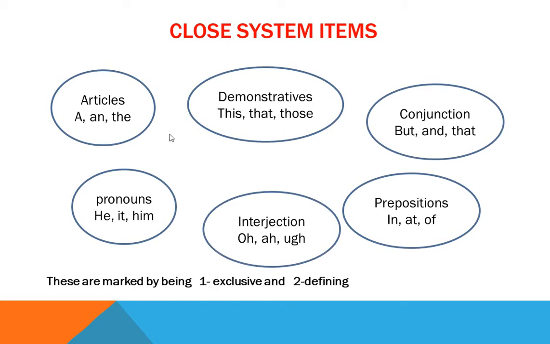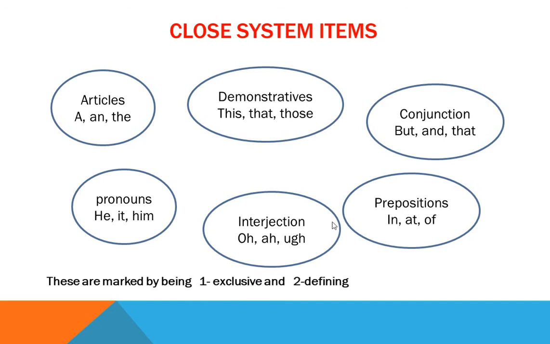These items are called closed system items because of two features. They are exclusive. It means that when we use, for example, the preposition in, we cannot use the preposition of at the same time. So the structure that permits the use of one preposition excludes the use of another preposition, and they are not interchangeable. For example, the noun phrases, we can say he is a student, and also we can say the boy is a student. So he and the boy are interchangeable,